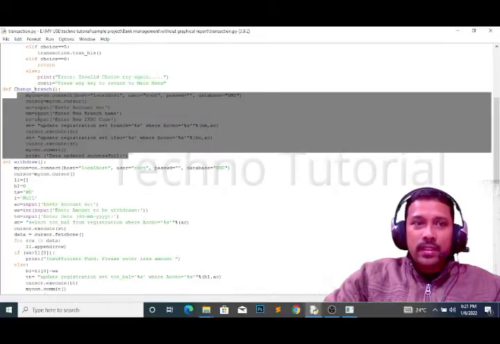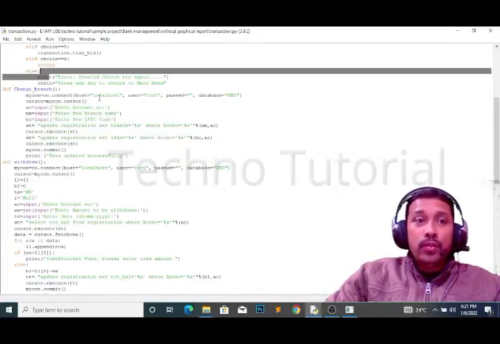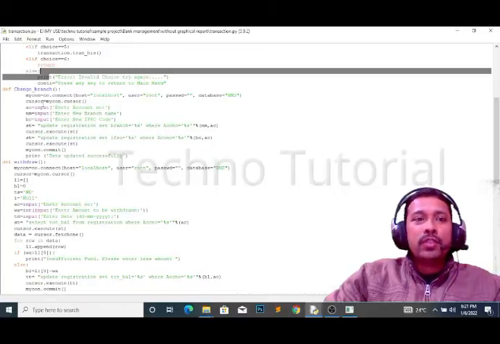So here see what we are doing, to update whose branch? For that the account number is needed, that you have to give the account number whose branch you want to change. For that we are writing this line, AC equal to input, enter account number. Here we have given the account number, and the new branch name we have stored in NM, and the IFSC code we have stored in BC.